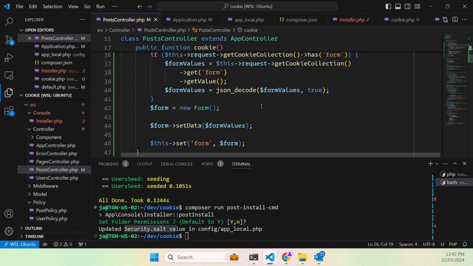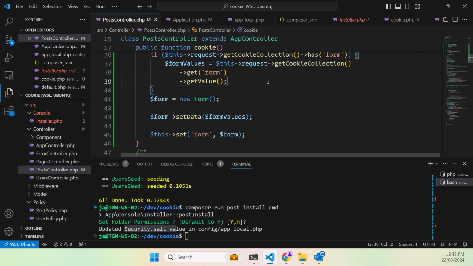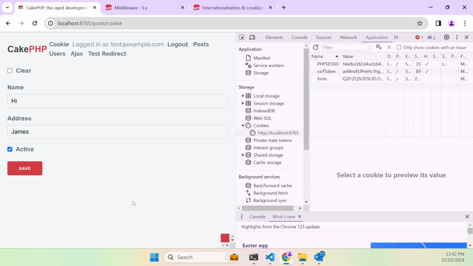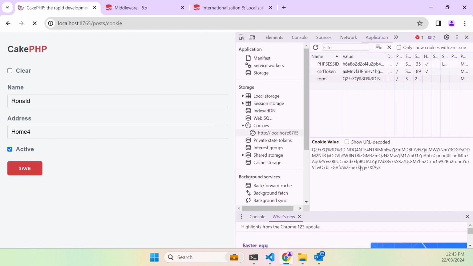So what we want to do is just remove that entire line and just take the values straight from that line of code, and we should save. Ronald, test home. So we can see that if we have a look, we probably need to see the encryption change